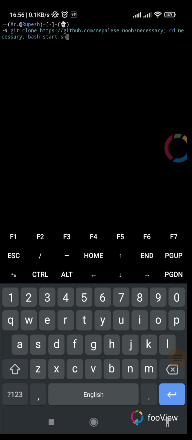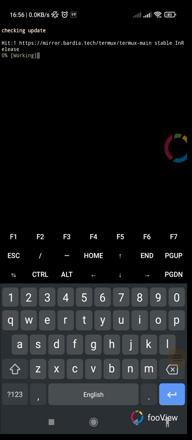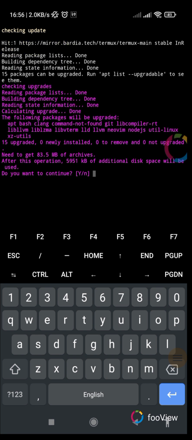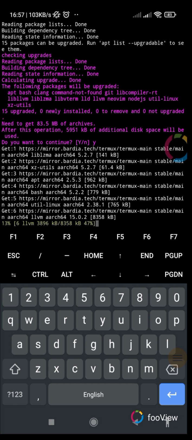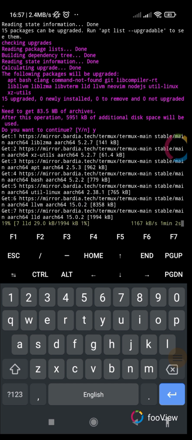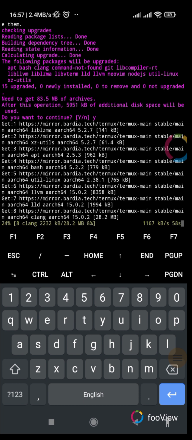After hitting enter, it will ask you to update or upgrade, or if any package is missing, it will ask you to install it. For example, you can see here I have not upgraded my Termux for a long time. After that, it will ask you to install some tools, which is awesome,